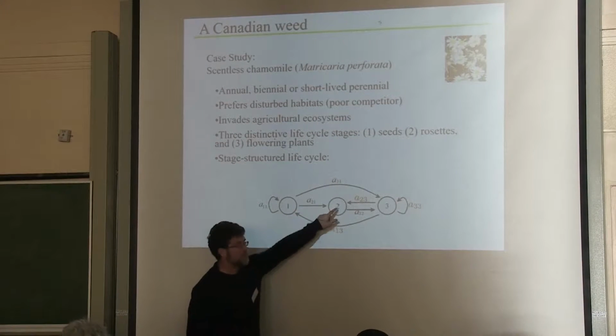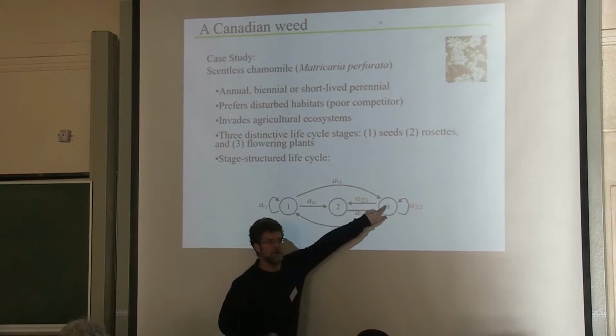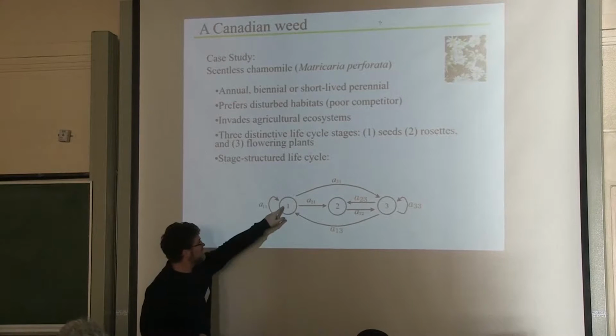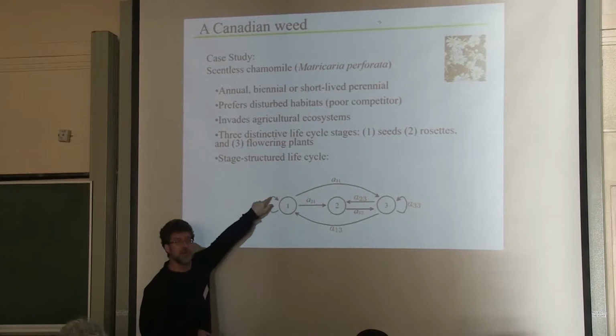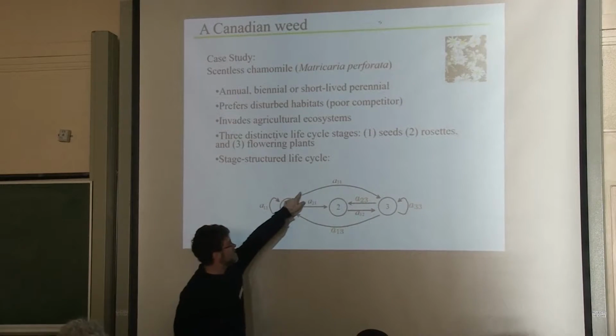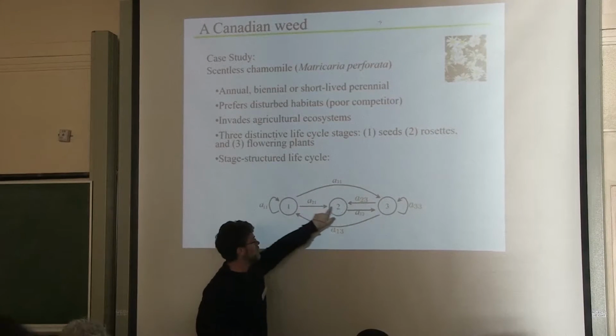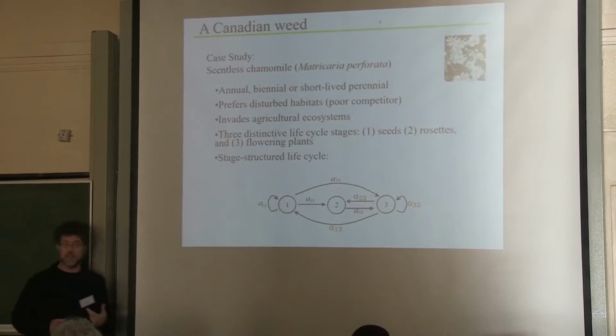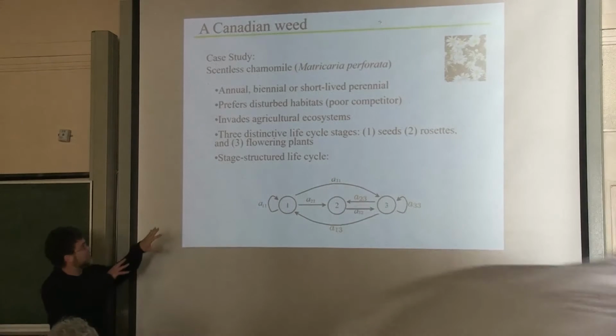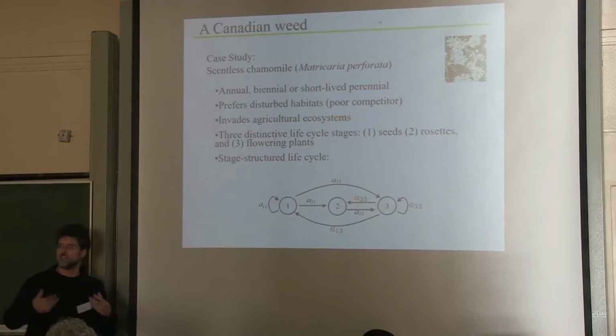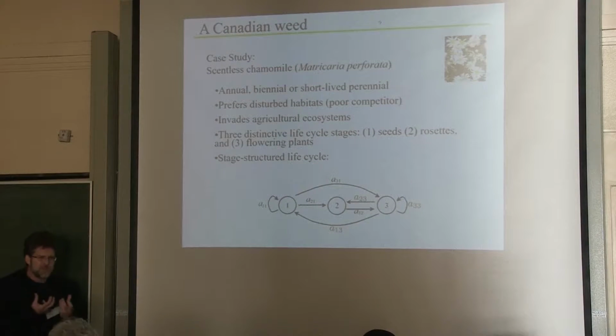Similarly, a rosette maybe next year becomes a flower, okay? Then it would have been a 2-year life cycle. The seed could stay in the ground for any period of time from year to year, and then it may become a flower or become a rosette. And so this is actually a rather simple example of a stage life cycle that we have to really understand